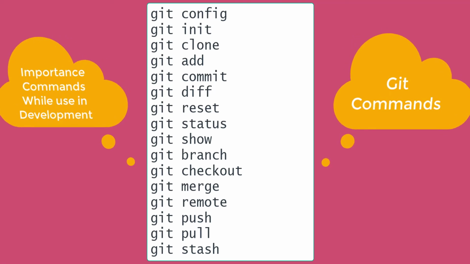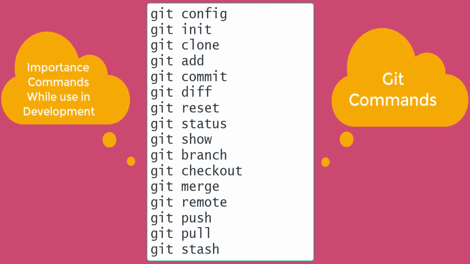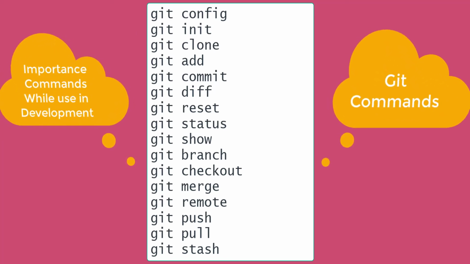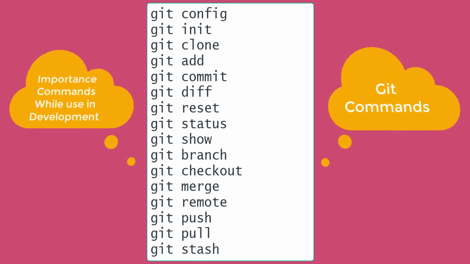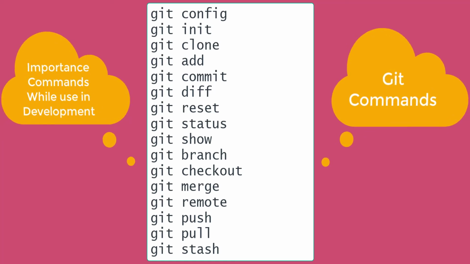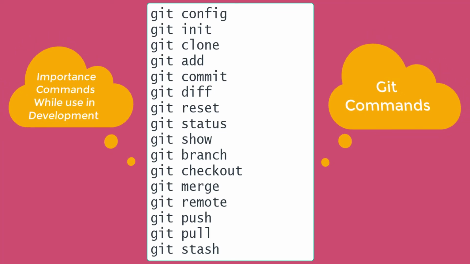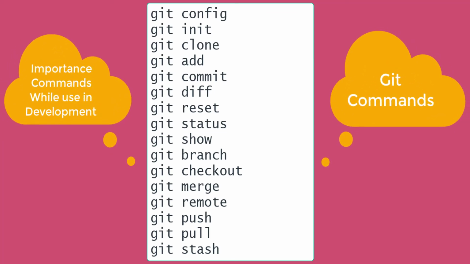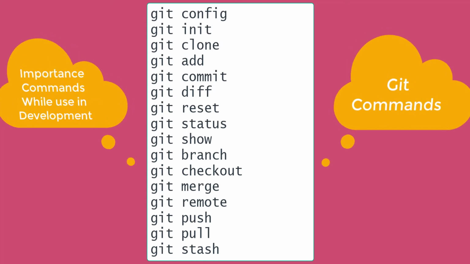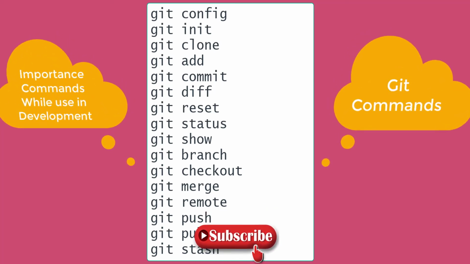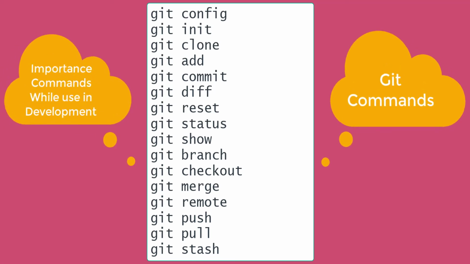And then git merge. You already have the repo files in your local. Suppose in between some developer pushes the code and you want the latest one. In that case, what will you do? You will use the command called git merge. Using that, you can merge the master branch into your local branch. And then git remote. Git remote will fetch and push the branches, and you can take the variables. And git pull. Git pull will pull the repo files to your local machine.